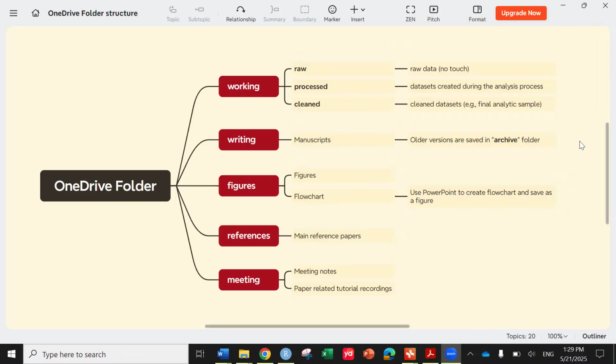In this video, I will talk about how we organize the OneDrive shared folder and our repository. In the OneDrive shared paper folder, it has 5 subfolders. In working,